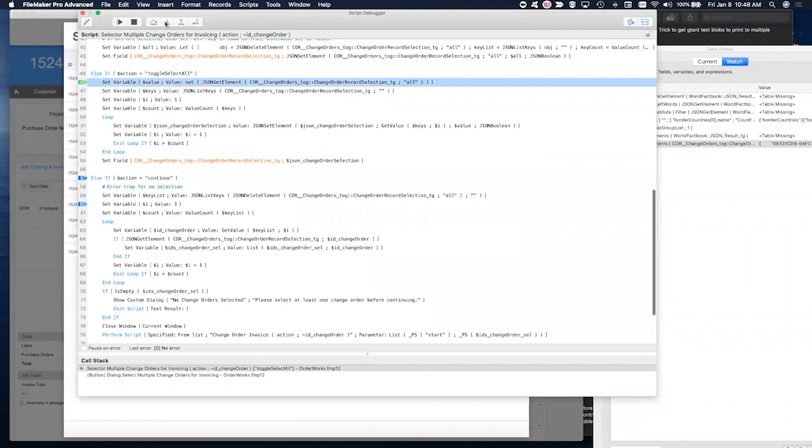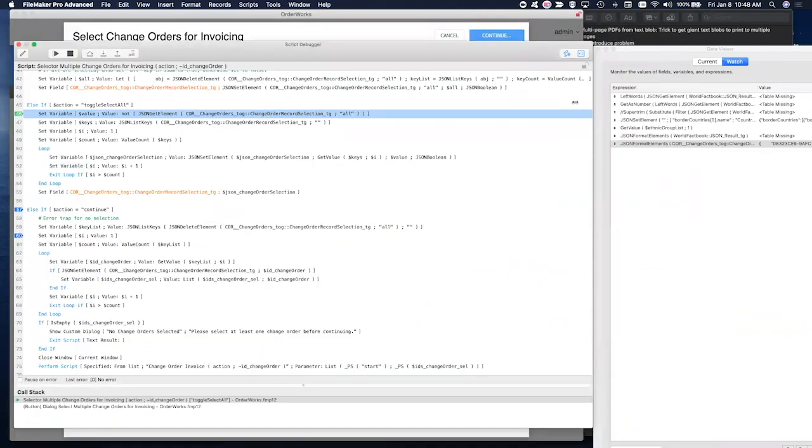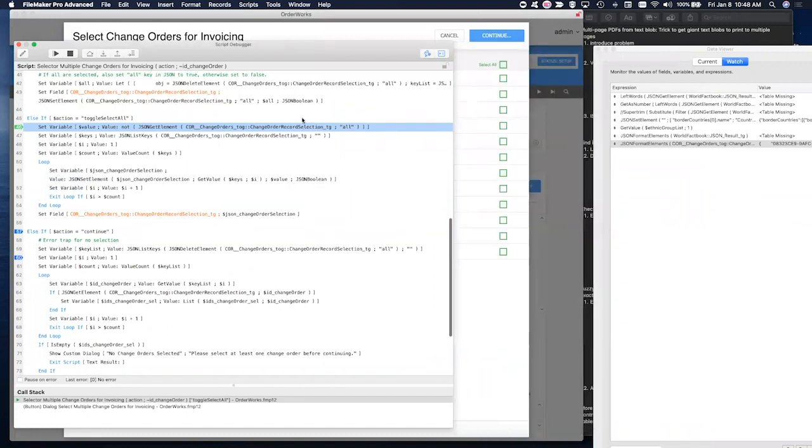All right, so if I toggle select all here, all the records are deselected, and then I'm basically just storing the JSON results into this global field. And perhaps people have opinions on whether or not to use a global field or a global variable for something like this. But the reason why here I'm using a global field